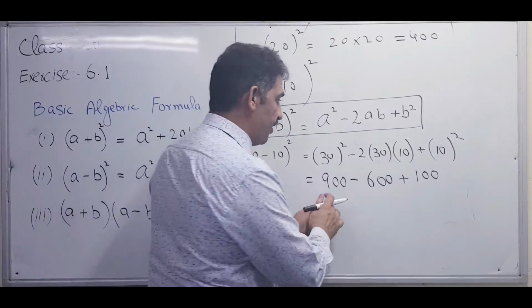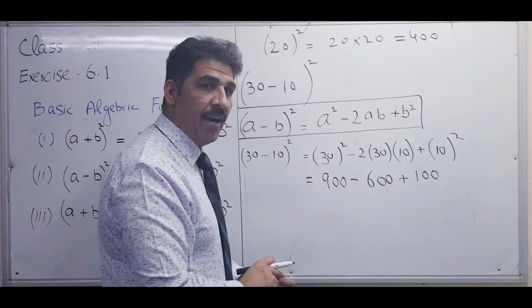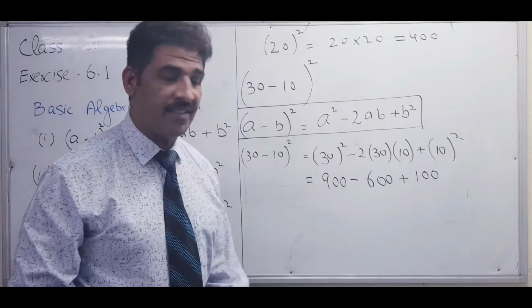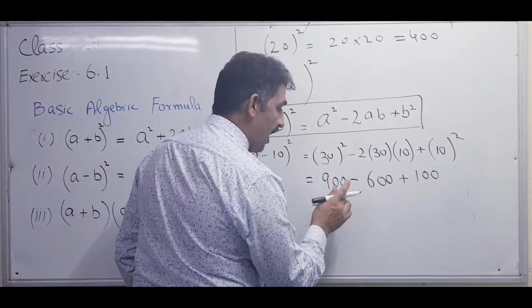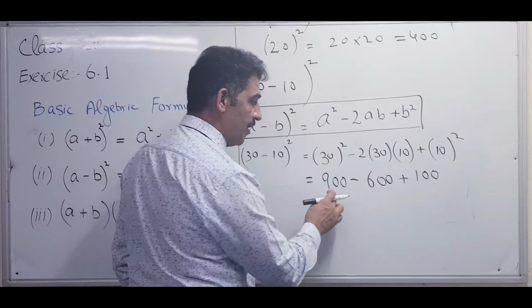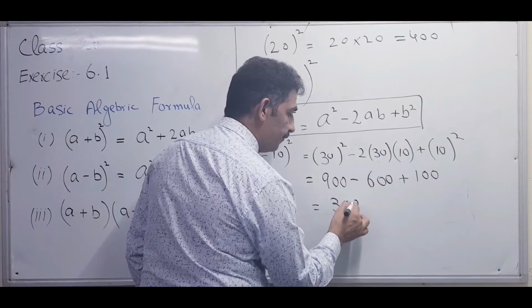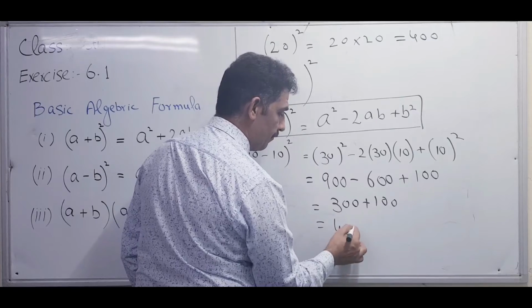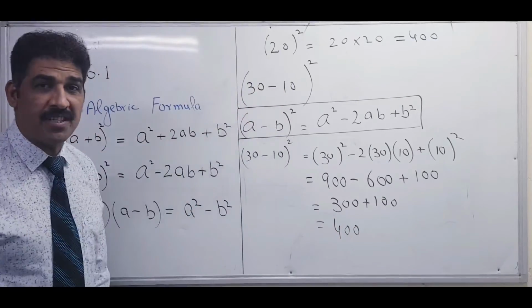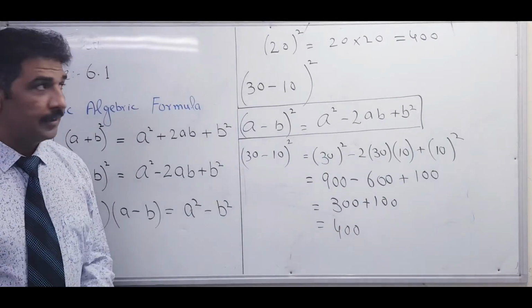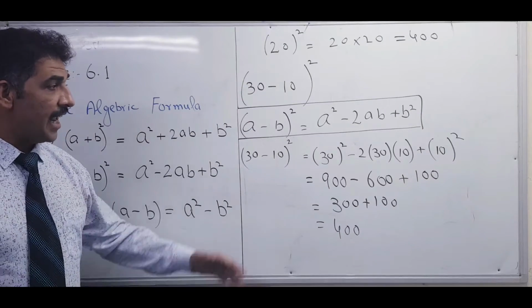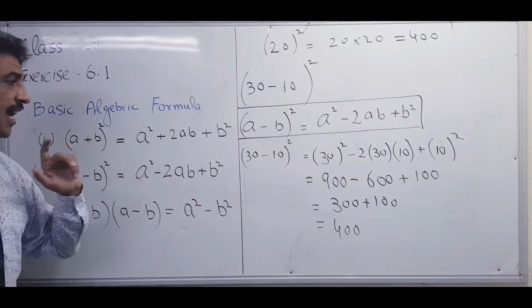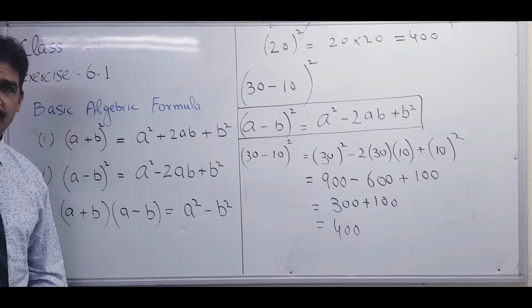The two numbers having the positive sign, you first add, then subtract. Or 900 minus 600, what result will you get? 900 minus 600, 9 minus 6, 300 plus 100, this one. Is the result the same as the previous plus formula? Because that result is also 400. Here we solve the same question using the first formula and also the second formula.